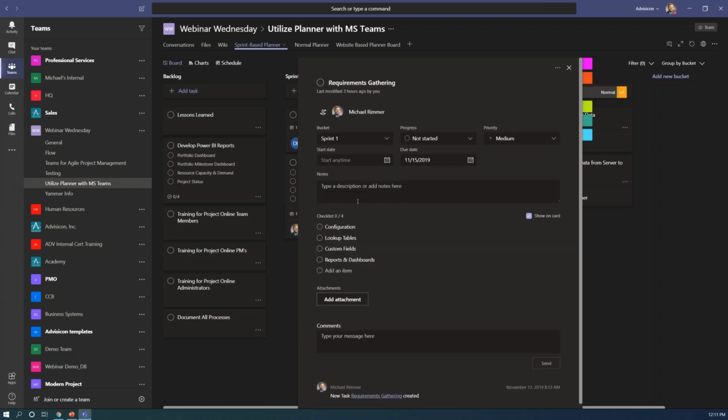So the nice thing about Planner is that they really give you a lot to work with. As you can see, I clicked on a task and I dove into this information where I can see what bucket it is in. I can see the progress, if it's been started or if it's been completed. Microsoft just came out, and some of you may not have this yet, with a priority selection. So you can determine if a particular task is urgent and important, of medium priority or low. You can designate a start date and a due date for particular tasks, description and checklist, adding attachments and all that fun stuff.